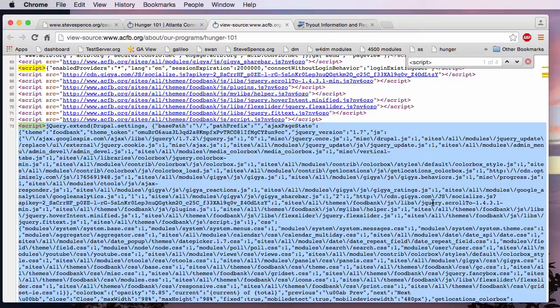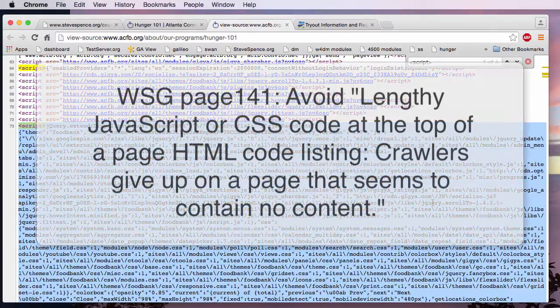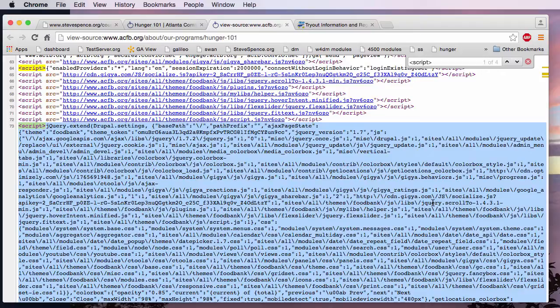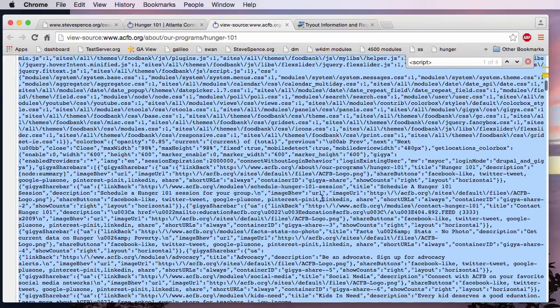And that is a place where the Atlanta Community Food Bank actually does fail in terms of its site structure. As it says in the Web Style Guide on page 141, one of the things that makes a page hard for Google to deal with is if it includes lengthy JavaScript or CSS code at the top of the page, HTML code listing. Spiders or crawlers give up on a page that seems to contain no content. These huge blocks of JavaScript code simply get in the way of the spider's efforts to understand the actual content